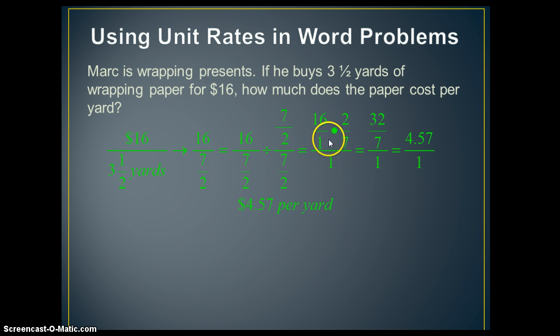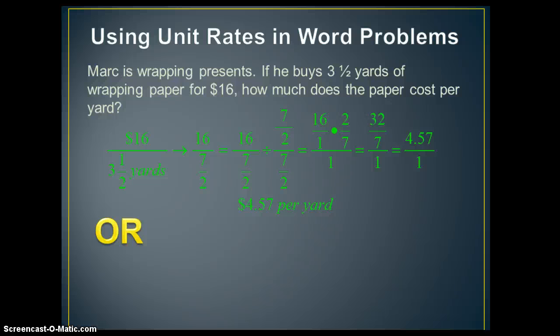And 16 over 1, and we're going to find the reciprocal, 2/7 equals 32/7 over 1. And then because we're talking about money, I made it into a decimal, 4.57 over 1, or $4.57 per yard. Now I know that looks confusing, so if you're struggling with it, stop and look at it again. Or there's a simpler way to do it, and this is where our mathematical brains can try and come